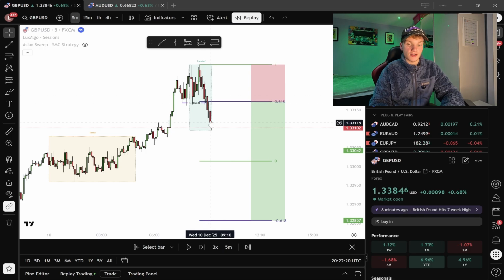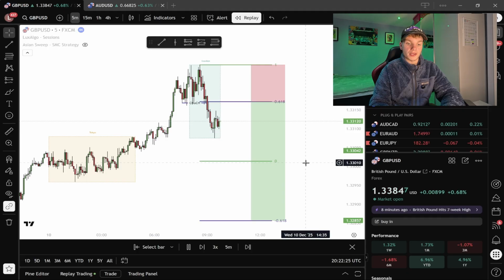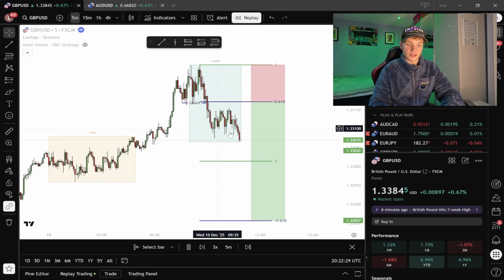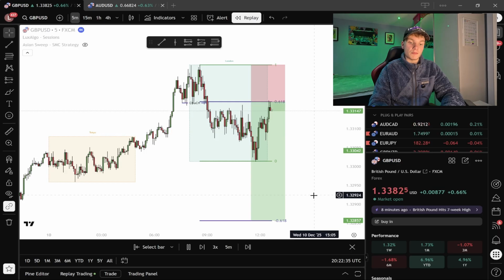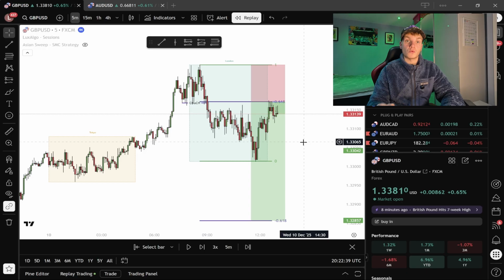Once we had that change of character through this point here, we were then looking for a rejection of the 0.618 level. Now I have my limit set for a while and this didn't go ahead and tag in. As you can see, we were just consolidating and moving between this sort of range here. Pushed down the fib, and then we went ahead, pulled back up, and literally got an entry at the end